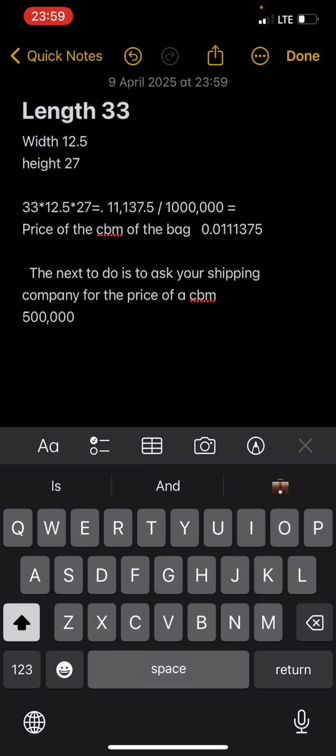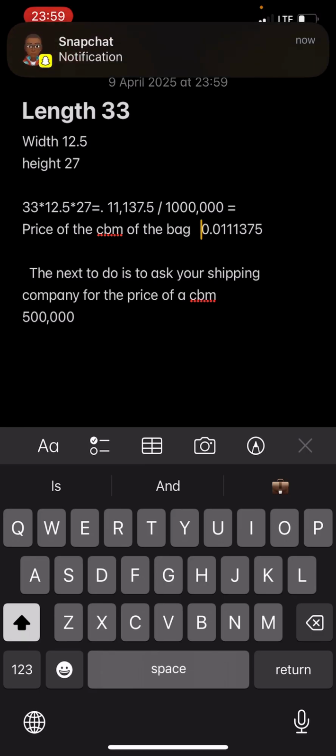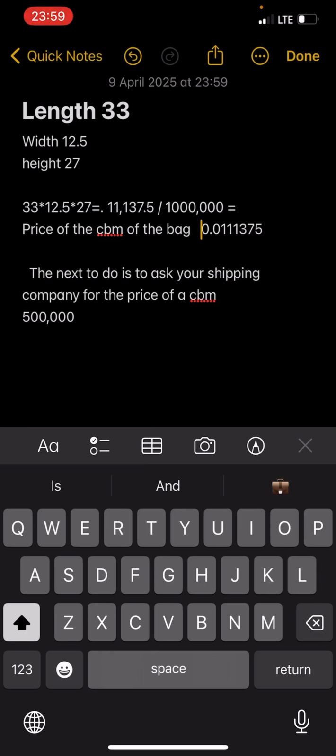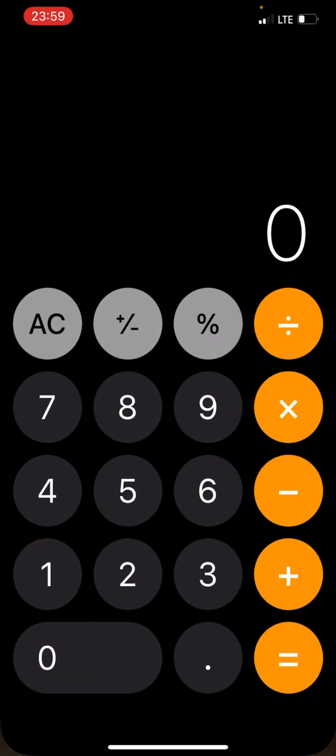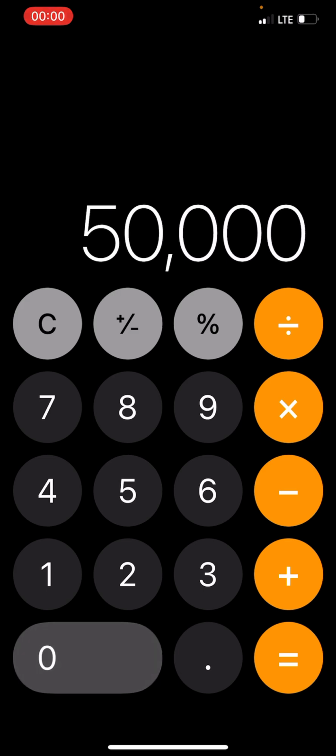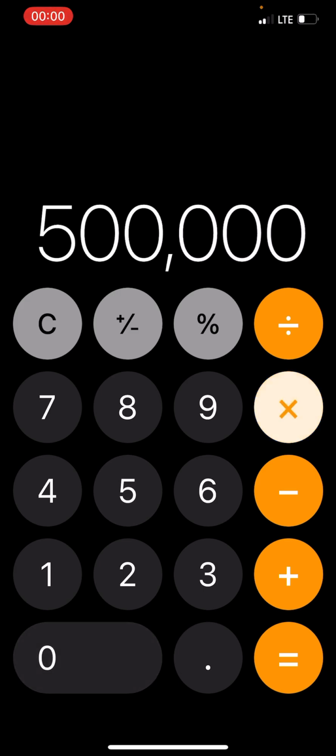Then I came down here and said the next thing to do is to ask a shipping company for the price of a CBN. My shipping company price of CBN is 500,000 naira. You can do it like this: 500,000 naira times